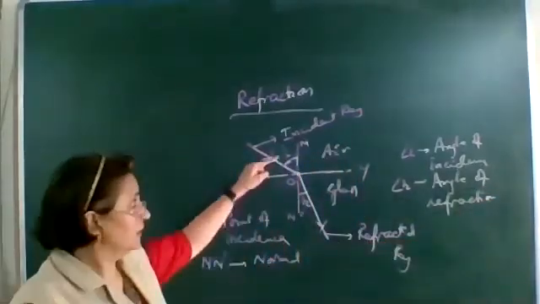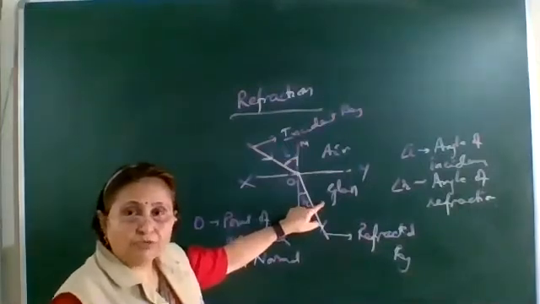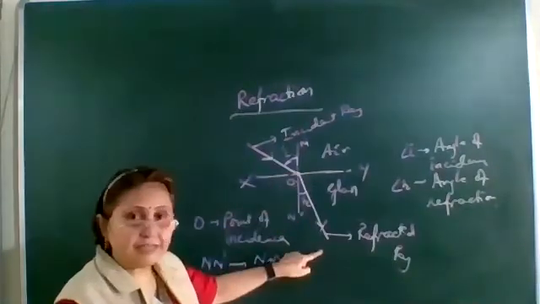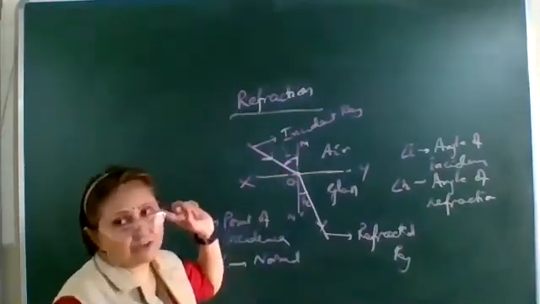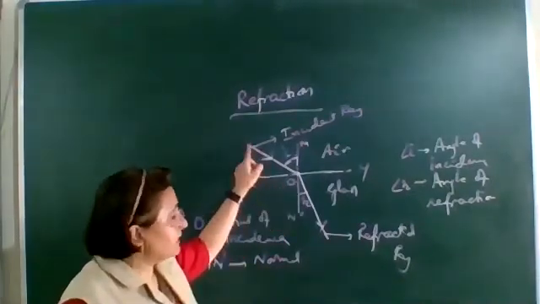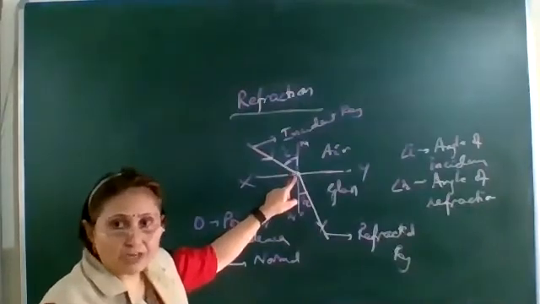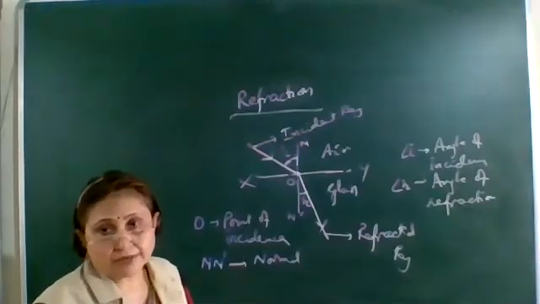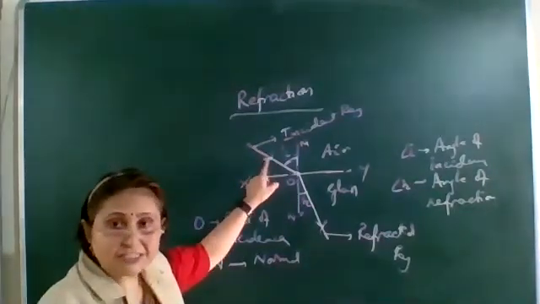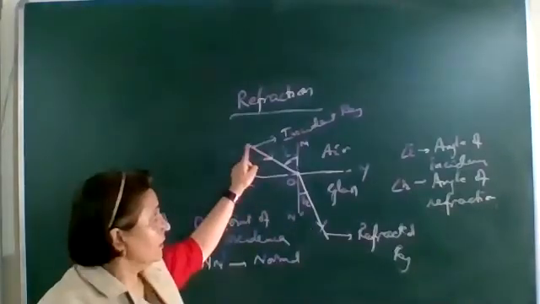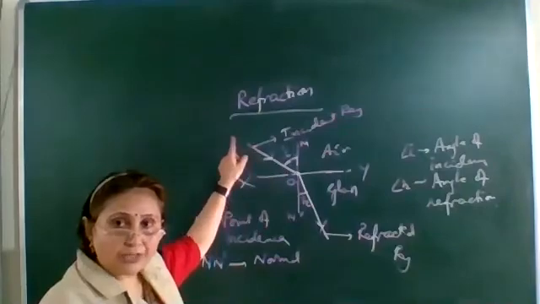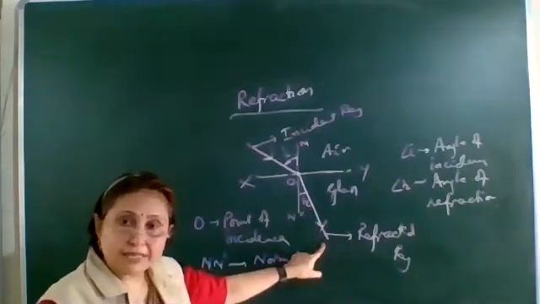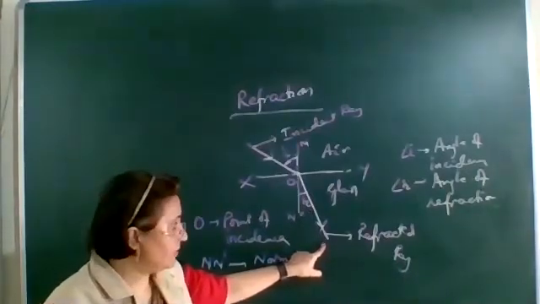So make this figure: a ray of light moving from air to glass. At the interface, it is bending. And this bending of light, we call refraction of light. And this ray is moving from the first medium to the second. Again, we call these diagrams ray diagrams. Ray diagrams means there should be rays, and rays means arrows should be marked over them. The arrow is pointing from the first medium to the second. So this is the incident ray. Here, moving in the second medium, this is called the refracted ray.